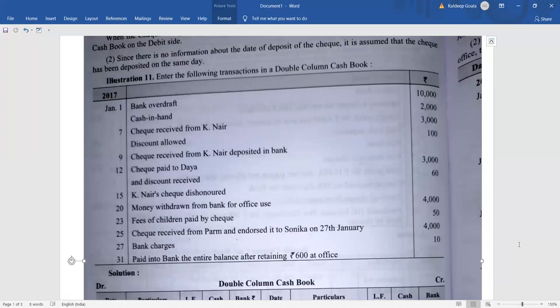सो दैट इज बैंक ओवरड्राफ्ट, एंड बैंक ओवरड्राफ्ट इज अ लायबिलिटी, याद रखना, लायबिलिटी होता है ये, फर्म के लिए लायबिलिटी होता है, इसे करंट लायबिलिटी में पकड़ा जाता है बिकॉज ये शॉर्ट टर्म के लिए लायबिलिटी होता है, राइट। तो बैंक ओवरड्राफ्ट जो होता है वो हमेशा क्रेडिट बैलेंस दिखाता है, लायबिलिटी शोज क्रेडिट बैलेंस। क्रेडिट बैलेंस कहाँ पे?